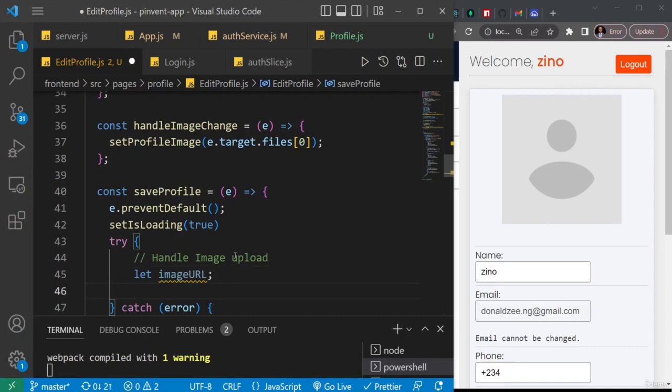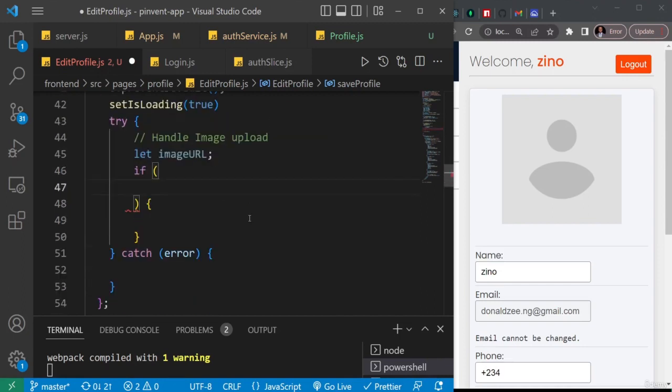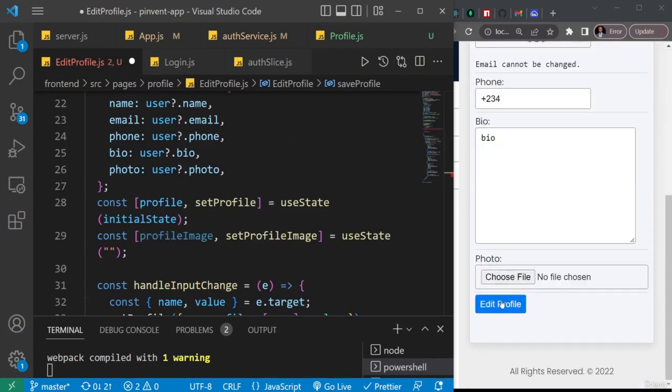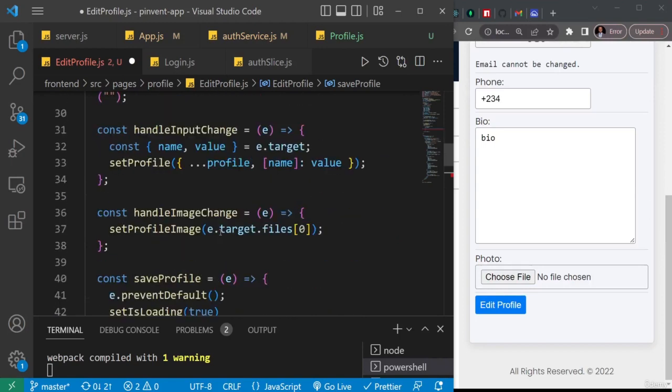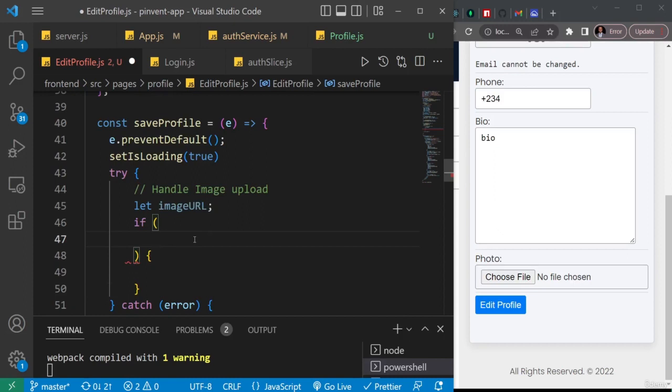I'll say let imageUrl, and I'll just define it. Okay, then let's have an if statement to check the format of the image, because we don't want any kind of image to be uploaded. We want specific image formats. So first off, let me even bring this down. First of all, check if there's a profile image. Remember, we have this variable called profile image, and that's what we are saving our image to when we select this guy here. So I'll say if we have a profile image,